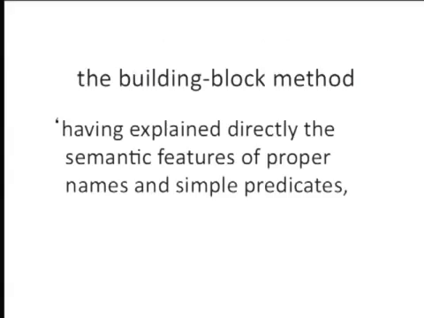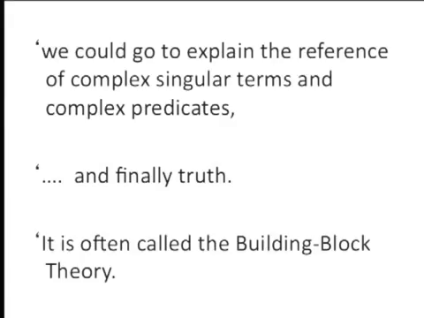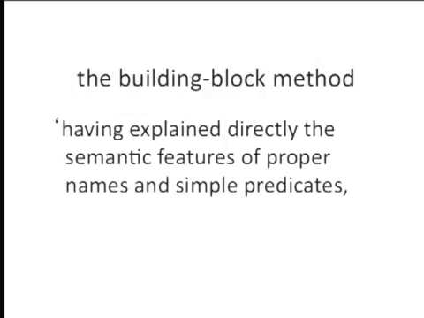Now the building block method is the one I've been just describing on analogy with valence. The building block method says, having explained directly the semantic features of proper names and simple predicates, we could go on to explain the references of complex singular terms and complex predicates, and finally truth. So you'd start out by saying, what does it take for a term to have a particular reference? You'd say, well, maybe that's got something to do with a causal chain or a cluster of descriptions you associate with the term. Let's explain the reference of the singular terms in that sense,